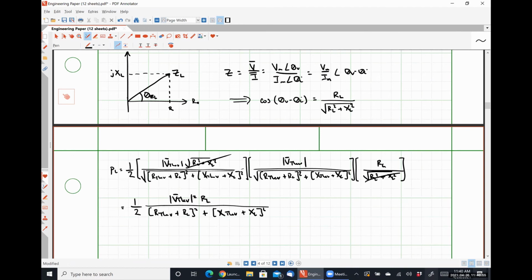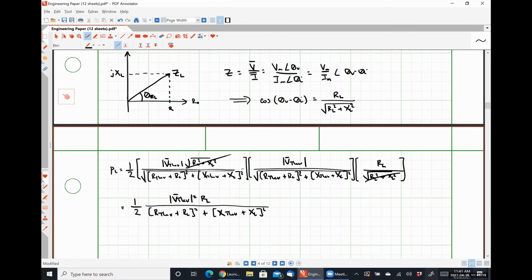If we wanted to maximize this function, this is our function that we are trying to maximize in order to determine what value of ZL causes the most amount of average power to be transferred to that load or be supplied by that source. So X Thev plus XL quantity squared is in the denominator,